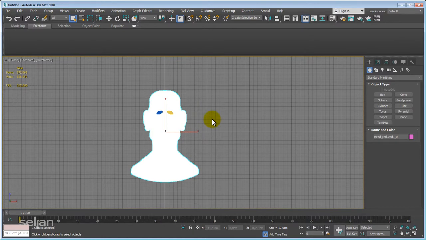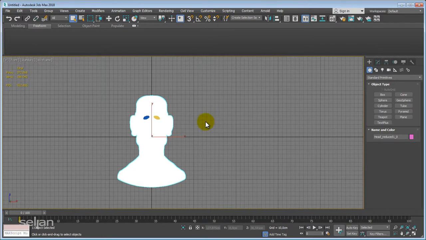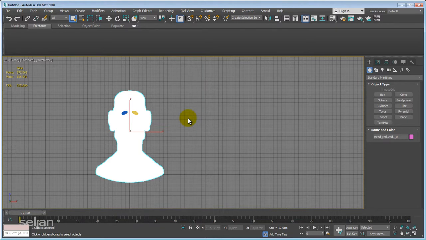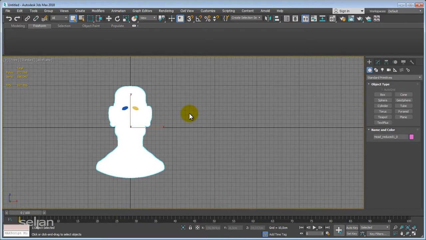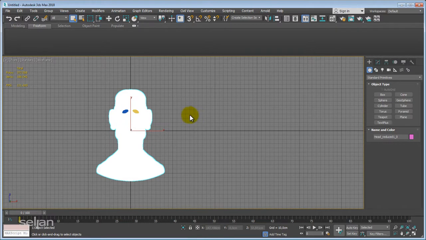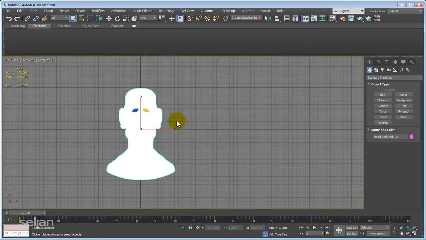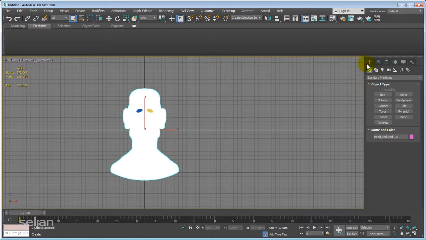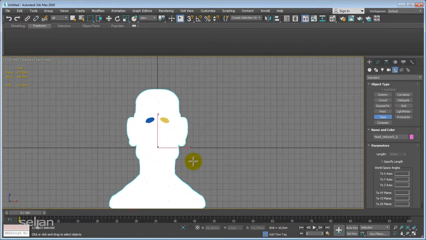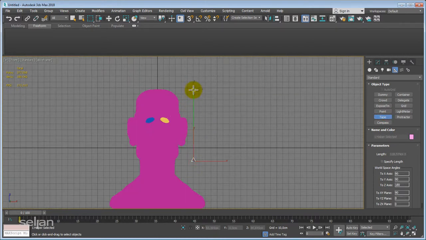we just have to check the size. There are many other ways to do this, but this one is absolutely the foolproof way to check if it works or not. And I like to use real life units. So if I have a head, usually I like to adjust the size of the head to about 20-25 centimeters, depending on the model. So now take a look from the create panel. We can create a helper and tape measure the head. I'll just jump start here, drag it out, and it says it's